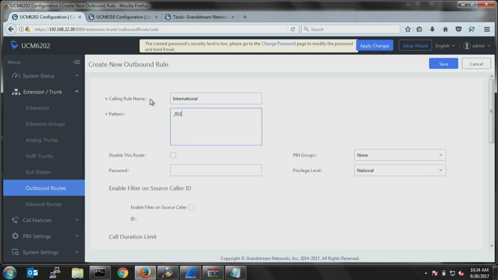They start with 011 and then X dot. That's in the United States. In other countries, they use 00 plus the country code. Let's say you have this